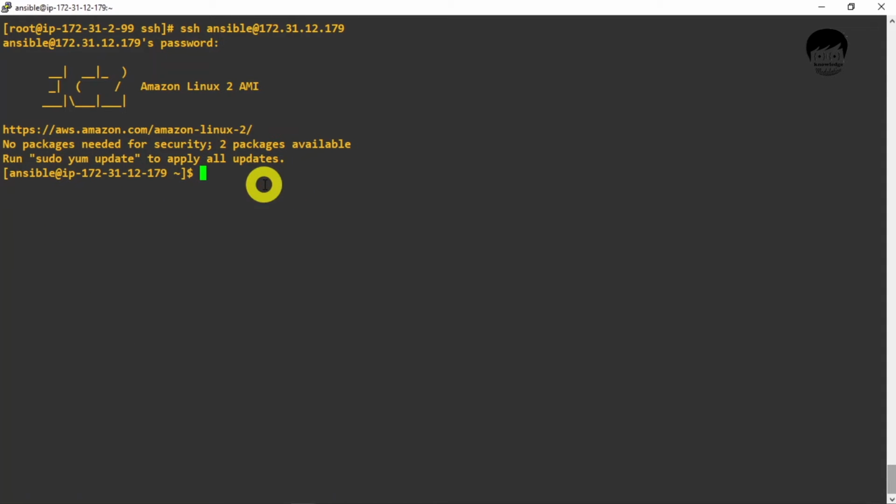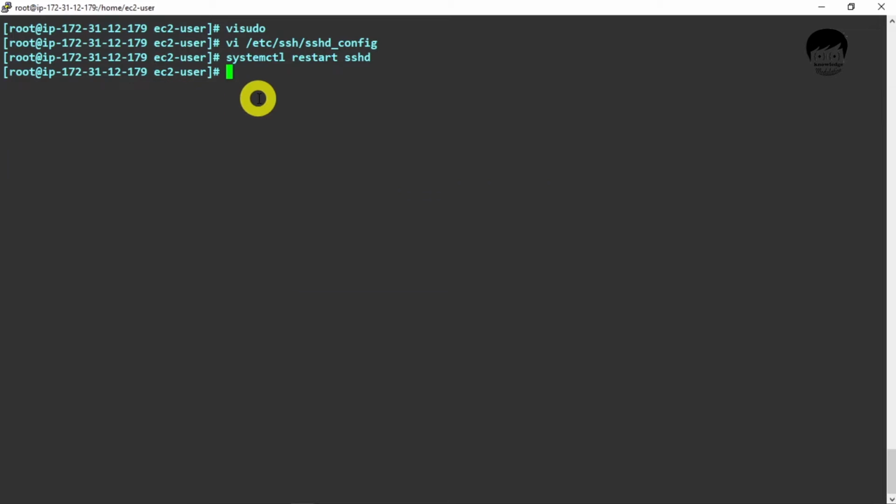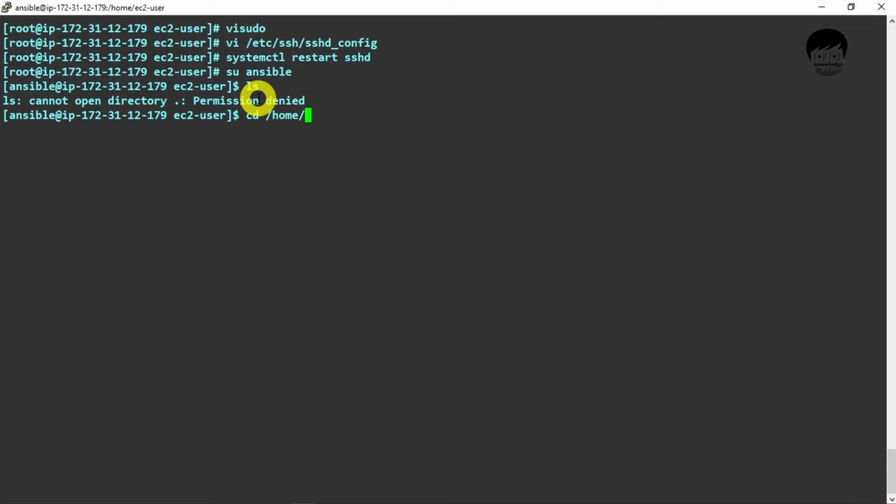I will create one file over here, touch test. Okay, this file is created. I will ls, yes, it is created. So we can go and verify. This is our first node. We have to enter with the Ansible user, so switch user to Ansible. Sorry, I need to go to the home directory, /home/ansible. Okay, I will ls, and you can see here the test file.